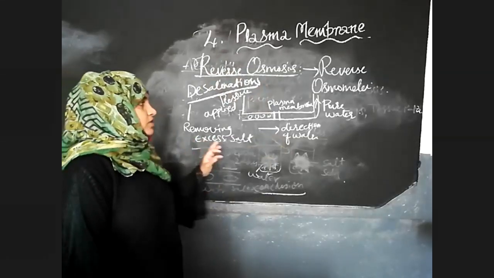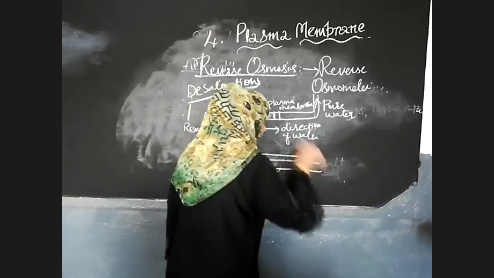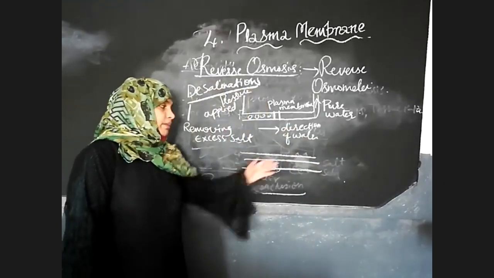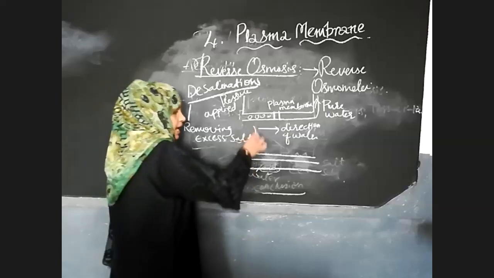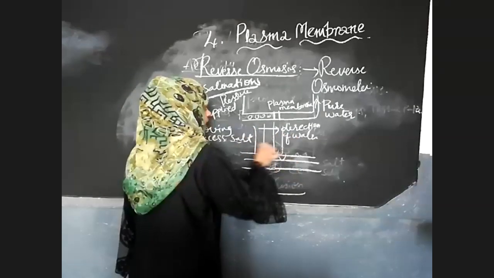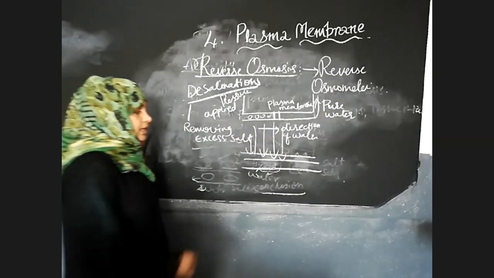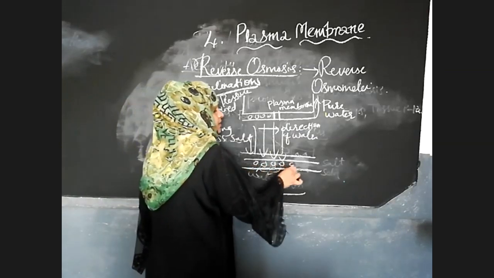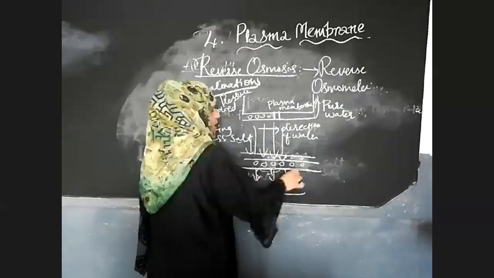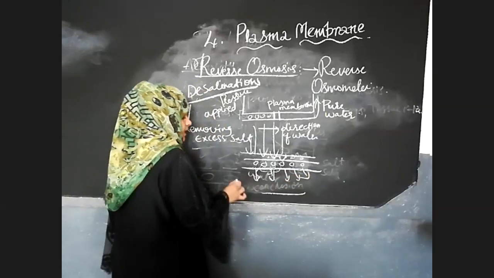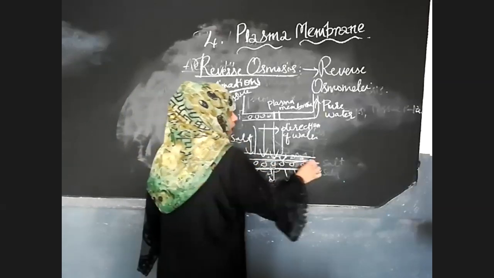So what is the reverse osmosis process? They prepare the semi-permeable membrane in 3 layers. The 3 layers of semi-permeable membrane are arranged across the oceans, and the salt water is passed onto this semi-permeable membrane. As a result, what happened here? The entire salt is absorbed by the semi-permeable membrane, filtering the water to pass over to these regions. This is nothing but fresh water. The salt will come here.